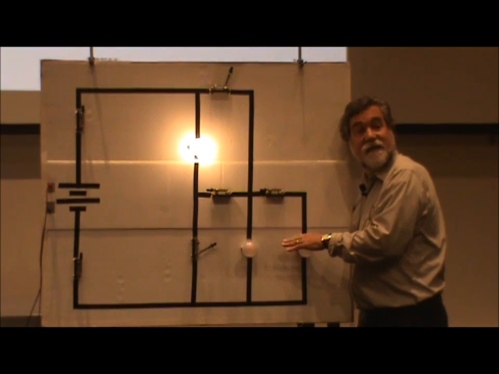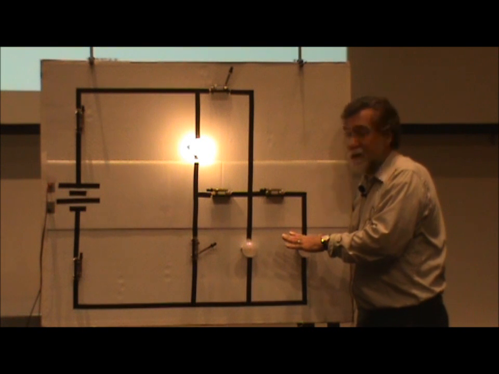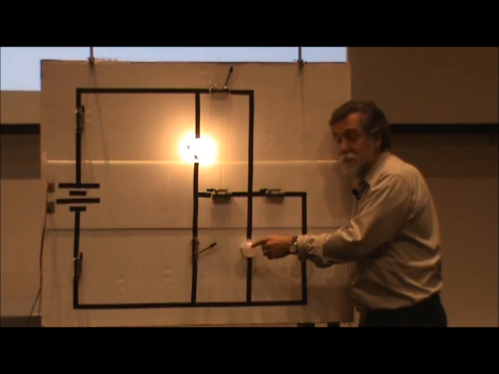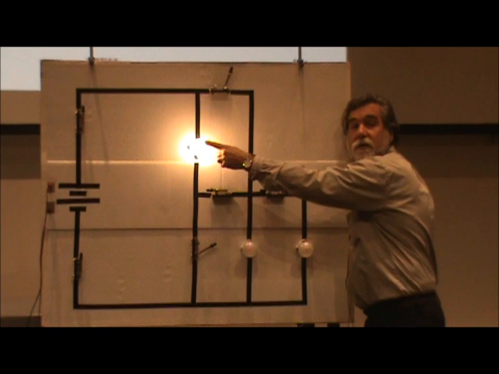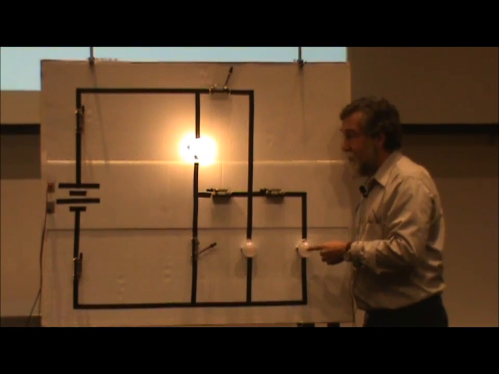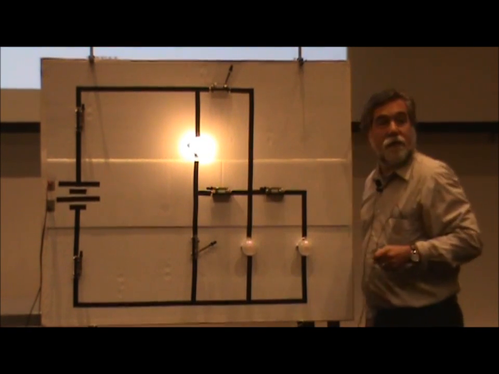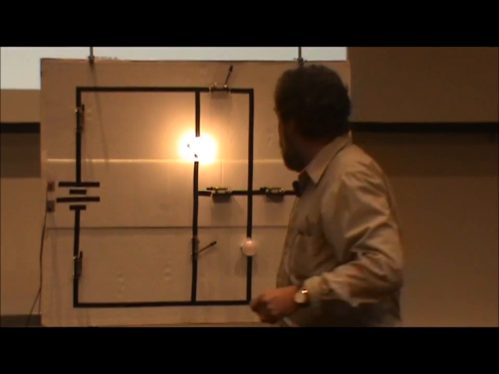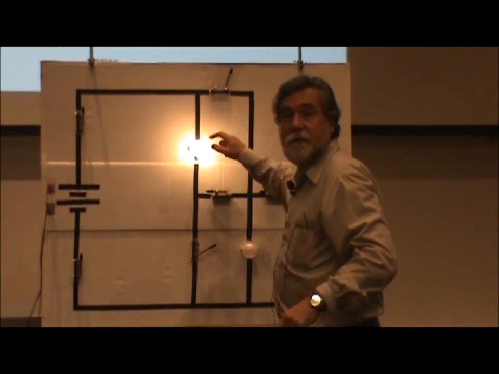And the power is I squared R. And so the power that this bulb is burning is 1/4 of the power of that bulb, and this one's 1/4 of the power of that bulb. Okay? Overall, these are burning half what that one